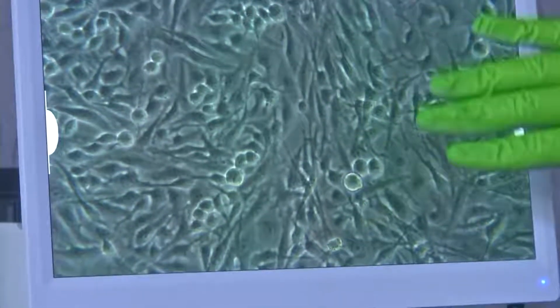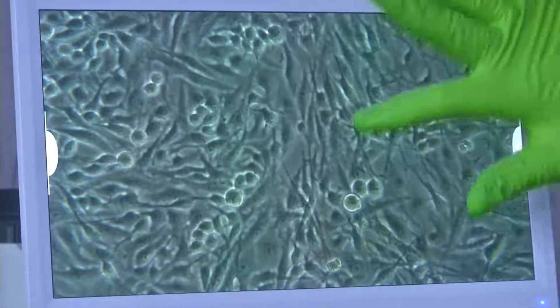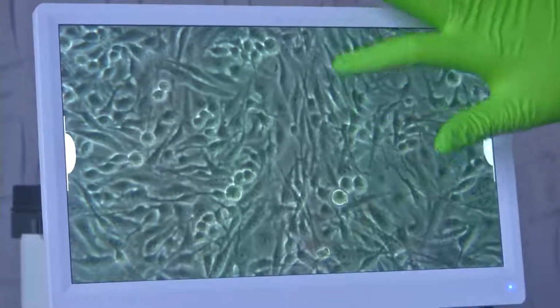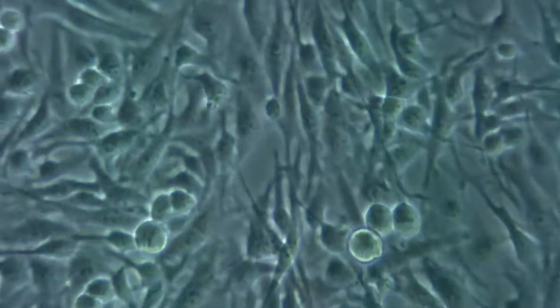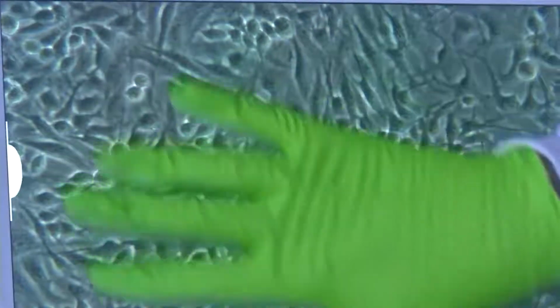So you can see the screen, you can see a lot of cells here, they are elongated very nicely. You can see the elongated morphology. They are elongated because they are attached to the surface of the flask, and they are trying to spread themselves out and be as flat as possible. Like physics, they are trying to be at the level of minimum entropy, okay, and they are spreading themselves out. That's why you are seeing a lot of cells there.